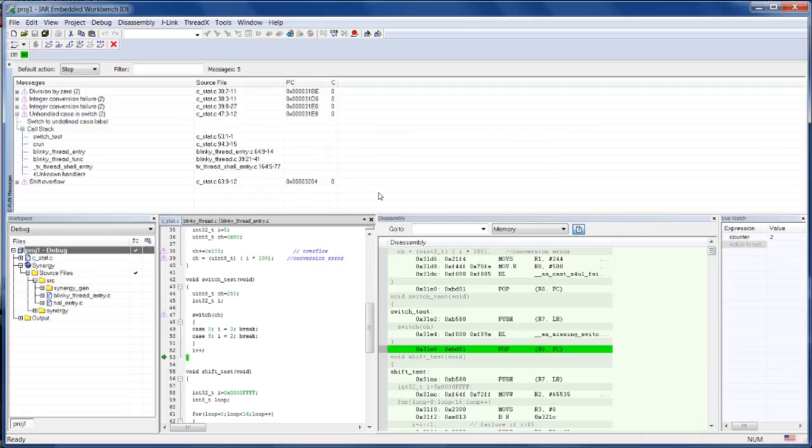The important thing is that you need to make sure that your source code is reliable by using the IAR code analysis tools. So you have C-STAT, the static